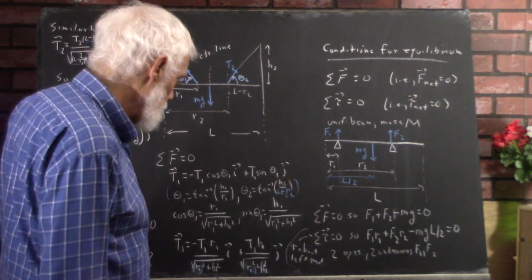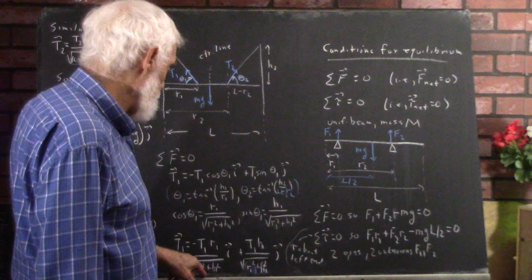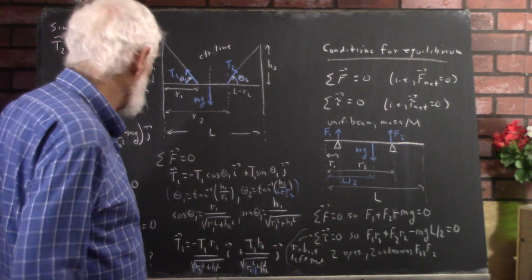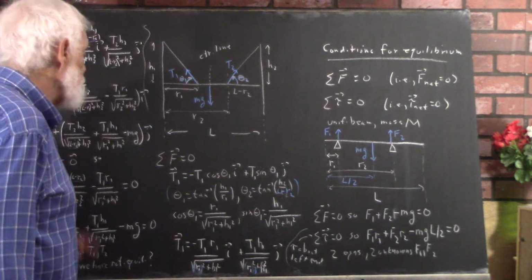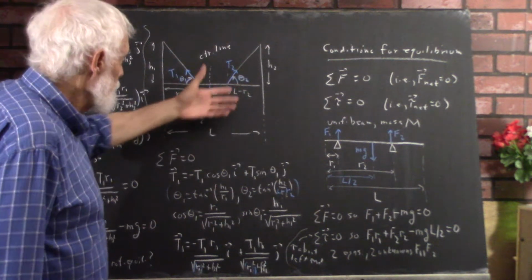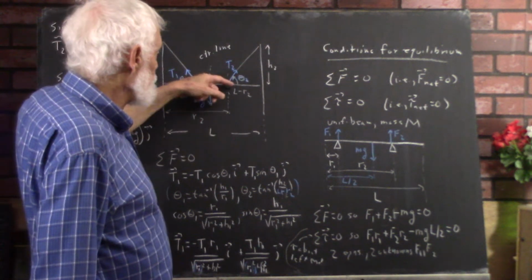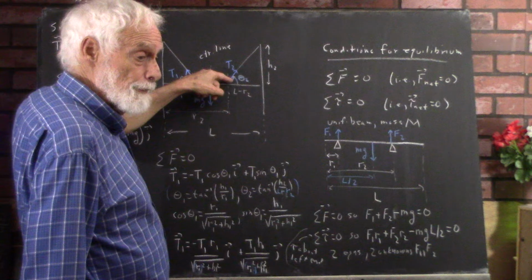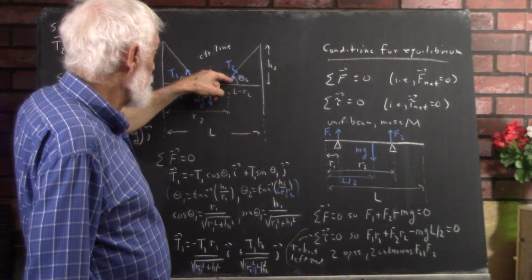You can hardly read that, but it says the same thing this does, or this, or this. Okay, similarly, we can get the sine and cosine of theta 2,